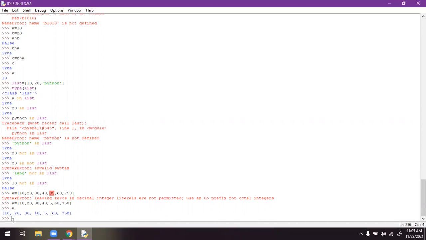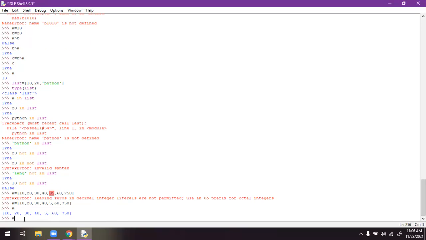See, in this list the first number is 10, the second number is 20, the third number is 30, the fourth number is 40, like that. In the list concept, we can use the first, second, third number as an index. If you call the index, then the number will be automatically printed.